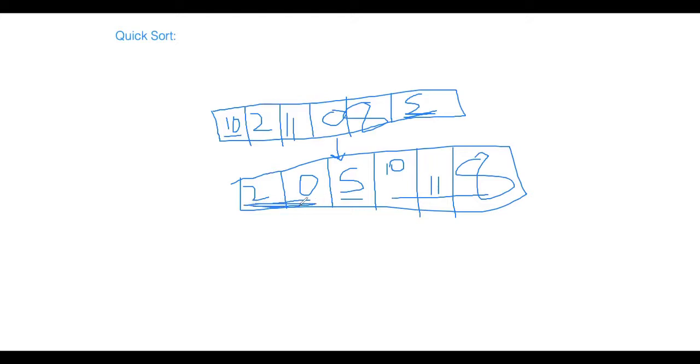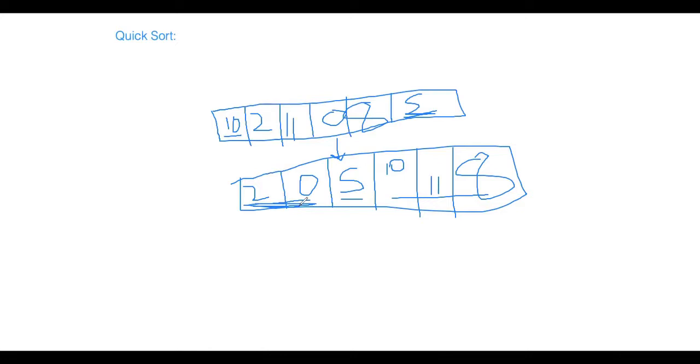How? Okay. So the 2 came, so how did 10 come on the other side? Yeah, I will tell you how to do it, but I'm just giving it to you in a pictorial way. Then I will tell you how to do that. Okay. So it has chosen 5, so whatever the smaller elements are will be on the left and the larger elements on the right. Exactly. But they are not sorted. They need not be sorted. You don't have to focus on the sorting there. We are good till here, right?